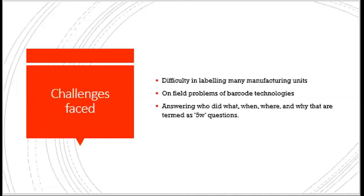So what are the challenges generally faced by the manufacturing companies? The first challenge is that it is very difficult to label so many manufacturing units. There are so many manufacturing units in any manufacturing company, small and big, so it is quite difficult to label all of them. That is the first difficulty. While using barcode technology, which is generally used for identification, it is also quite difficult because on the field, when the shops are working, many times dust and oils accumulate over the RFID tags, and